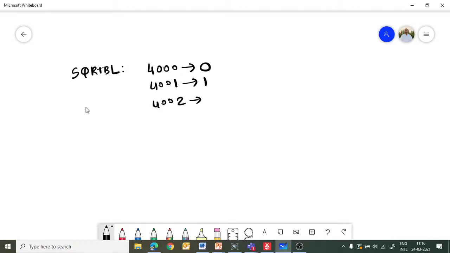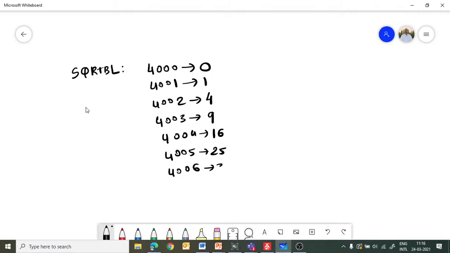At 4002 location we have written 4. At 4003 location we have written 9. At 4004 location we have written 16. At 4005 we have written 25. At 4006 we have written 36. At 4007 we have written 49 and so on.